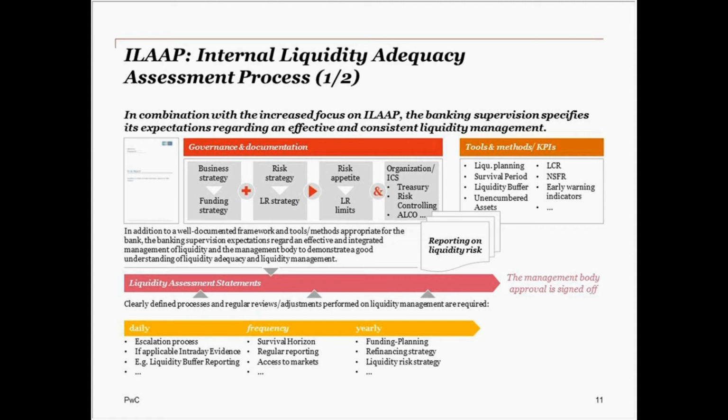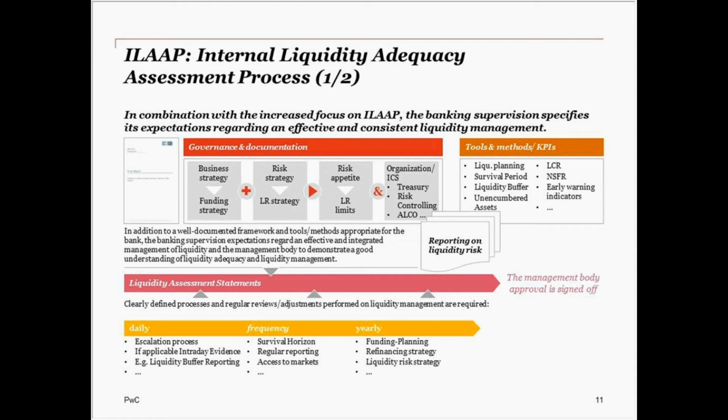And I guess key to that, which you see in the middle here, are these liquidity adequacy statements. So instead of producing a big report describing all of these things, what the regulator, at least the ECB, requires now is more a short and sweet assessment or statement of the liquidity adequacy of an organization,